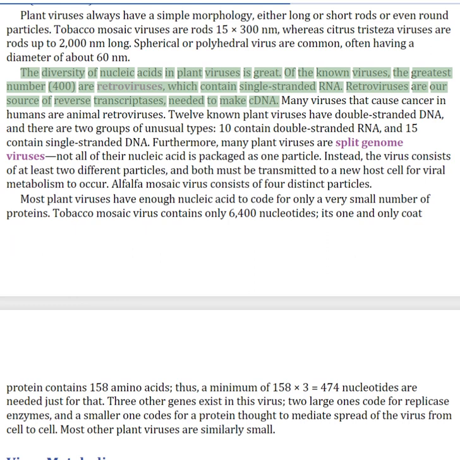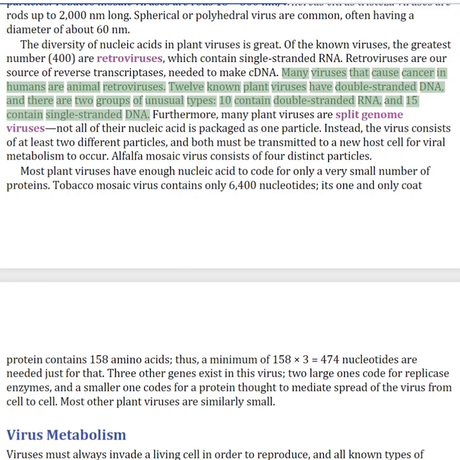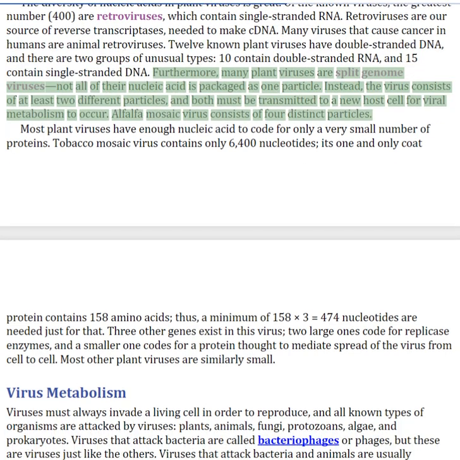Of the known viruses, the greatest number are retroviruses, which contain single-stranded RNA. Retroviruses are a source of reverse transcriptases needed to make cDNA. Many viruses that cause cancer in humans are animal retroviruses. 12 known plant viruses have double-stranded DNA, and there are 2 groups of unusual types: 10 contain double-stranded RNA, and 15 contain single-stranded DNA. Furthermore, many plant viruses are split genome viruses; not all of their nucleic acid is packaged